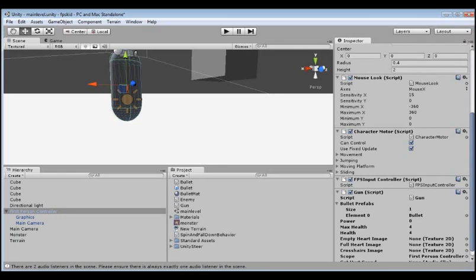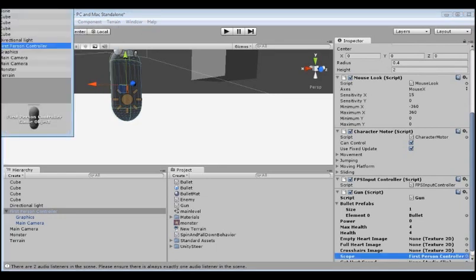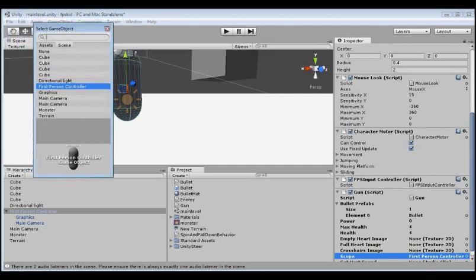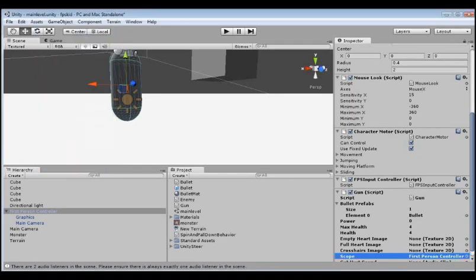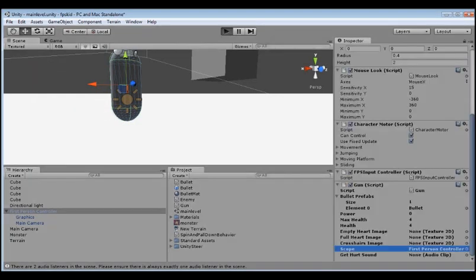So, one last thing we need to remember to do is set the scope on the gun script to the first person controller. I actually can't tell you why I set it up to work that way, but I did, so that's what you have to do. So now when we play,